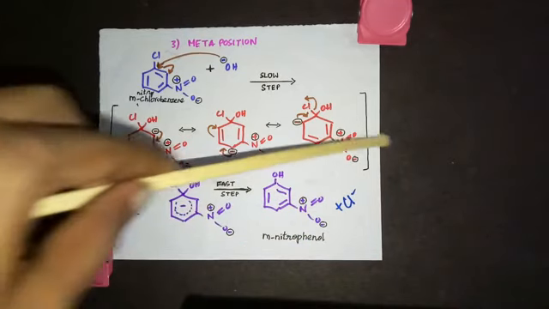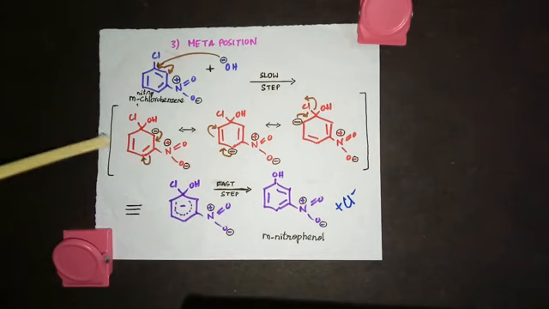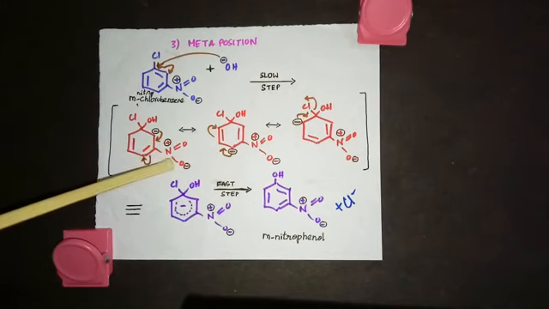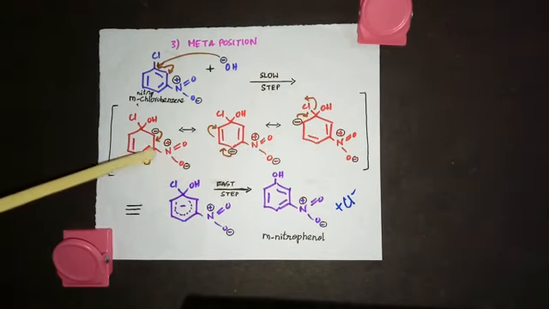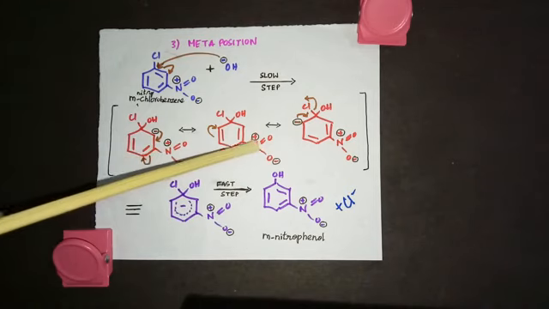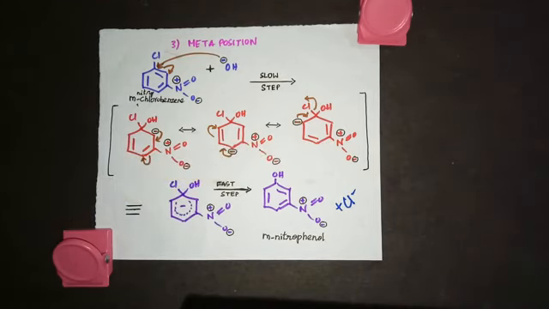Now look at these three structures. In any of the structures, the carbon to which the NO2 group is attached is not having a negative charge. See, no negative here, no negative in this structure, no negative here also. So which means only when the nitro group is present at ortho or para, they can withdraw the electron density from the benzene ring effectively, but not at meta position. So the meta is not having any effect on the reactivity of the chlorobenzene towards nucleophilic substitution reactions.